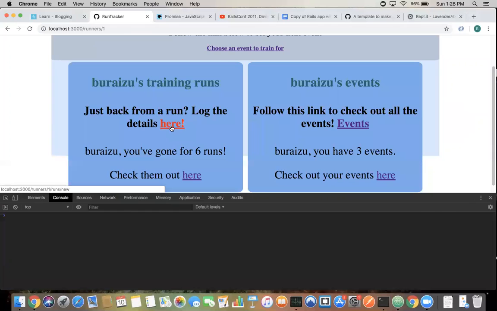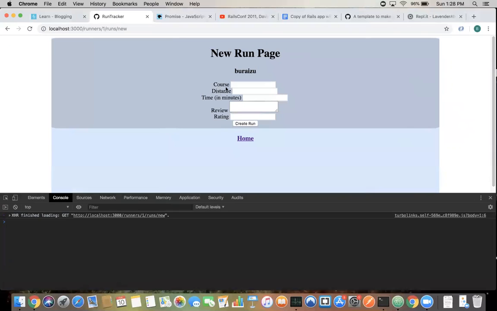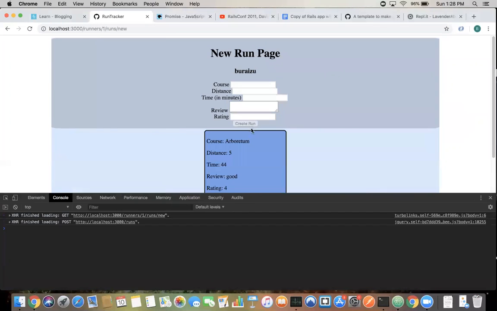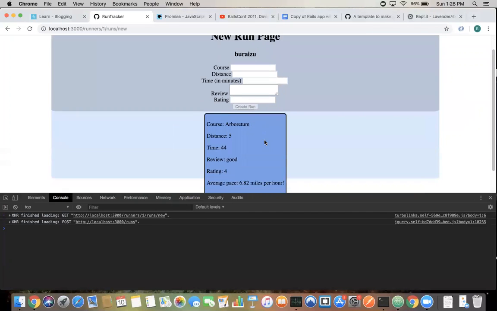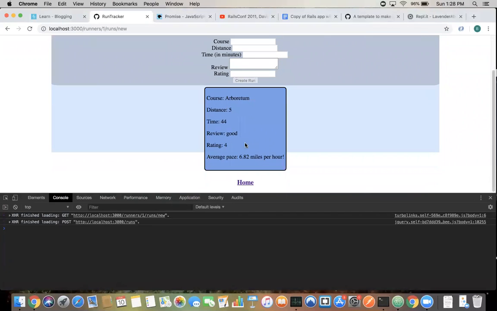So we'll go ahead and start with training runs, and this is the new via JavaScript action, and this form will submit via JavaScript and render to the page without the page reloading. We'll go ahead and enter in some random information here. And see that that has been appended to the page, and that was done via a JavaScript run class, which